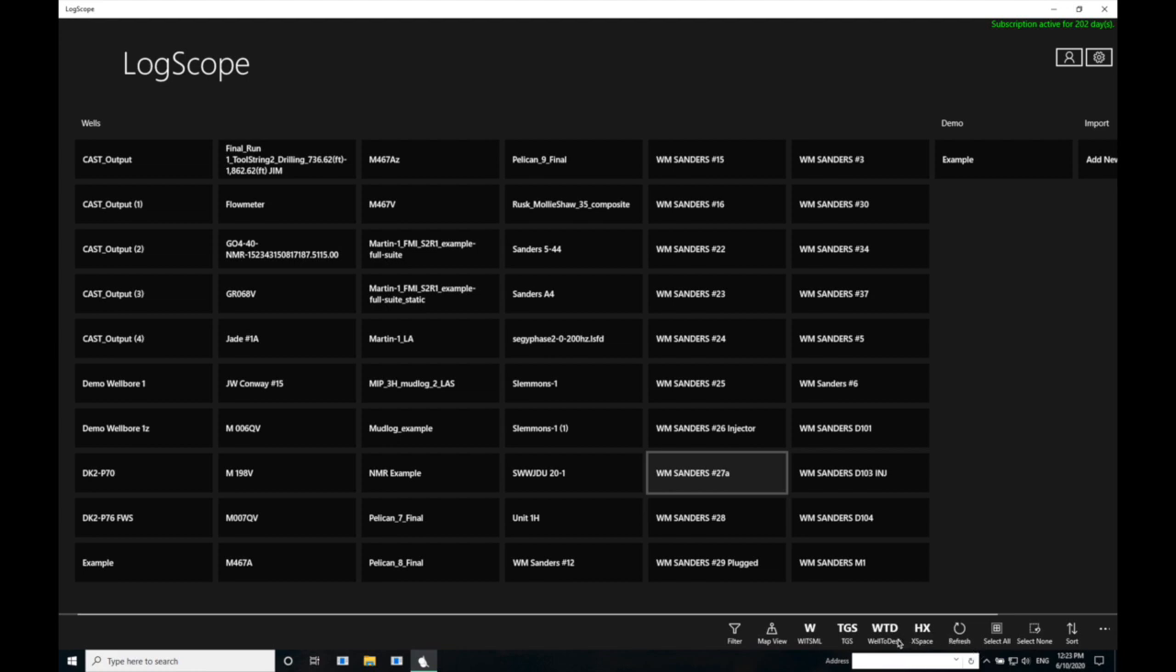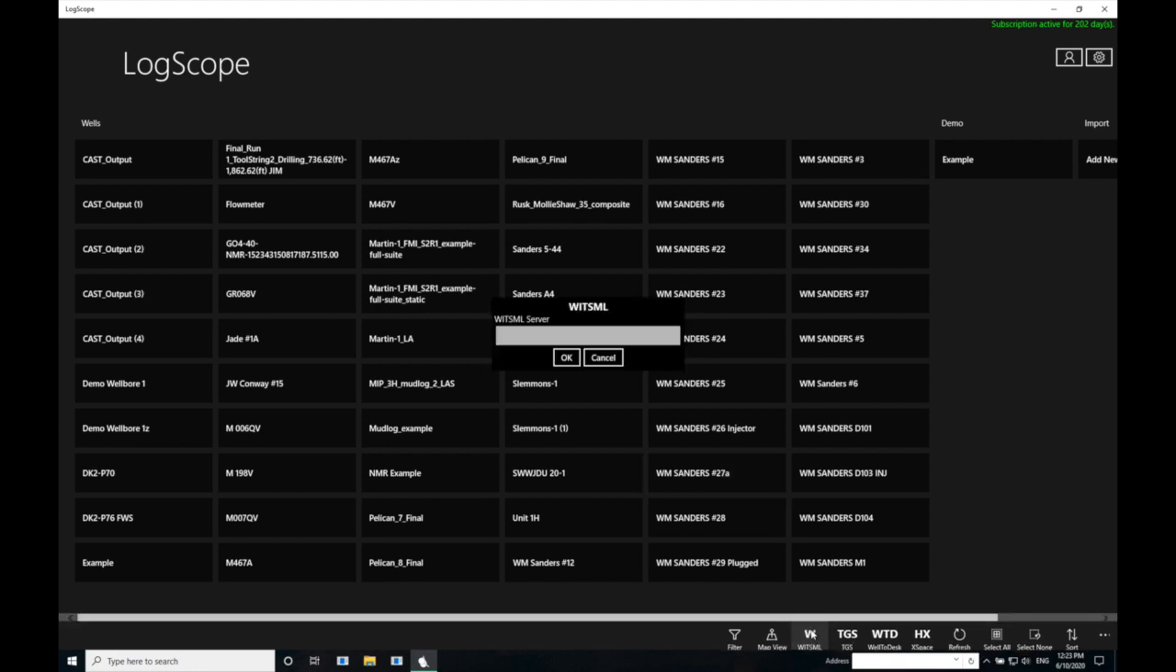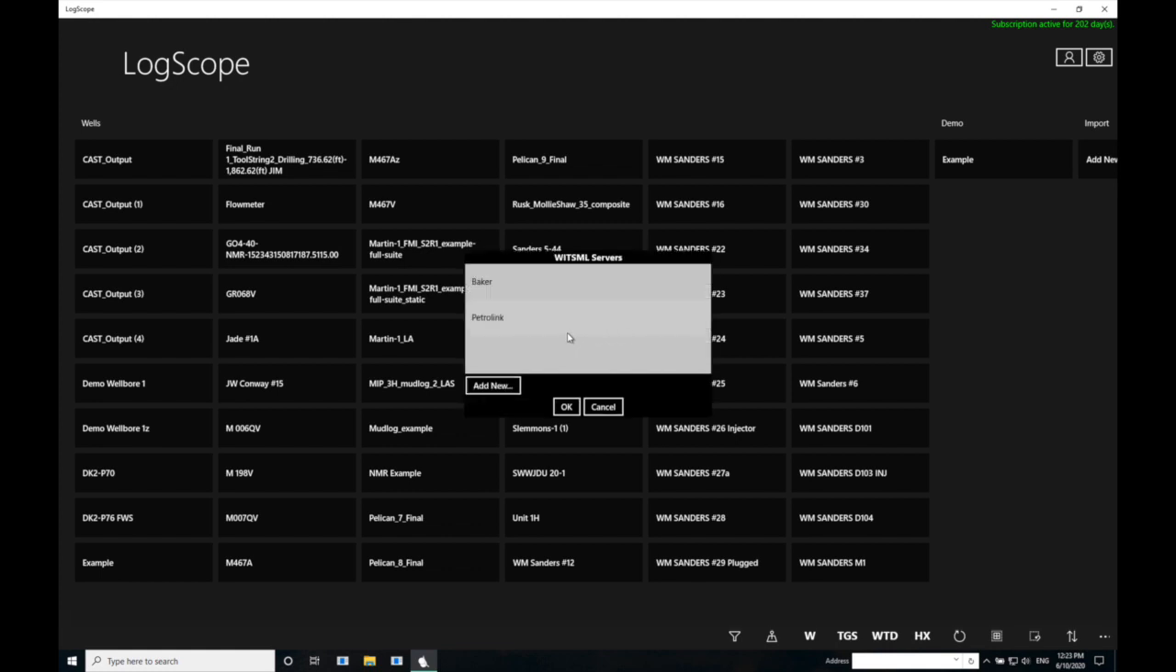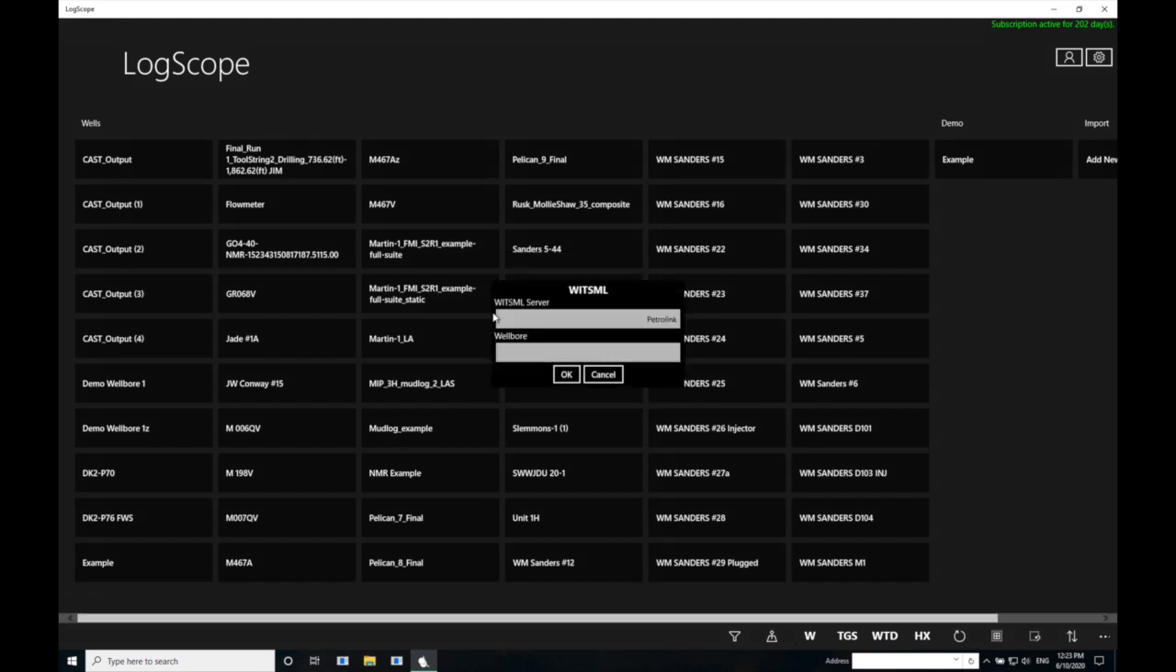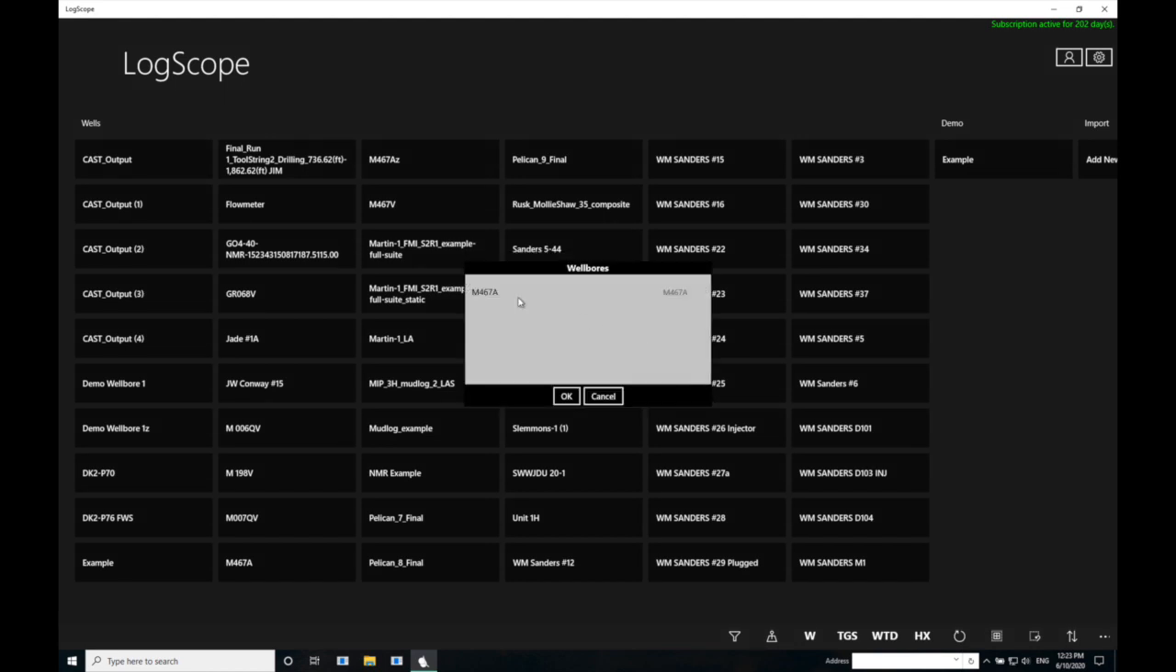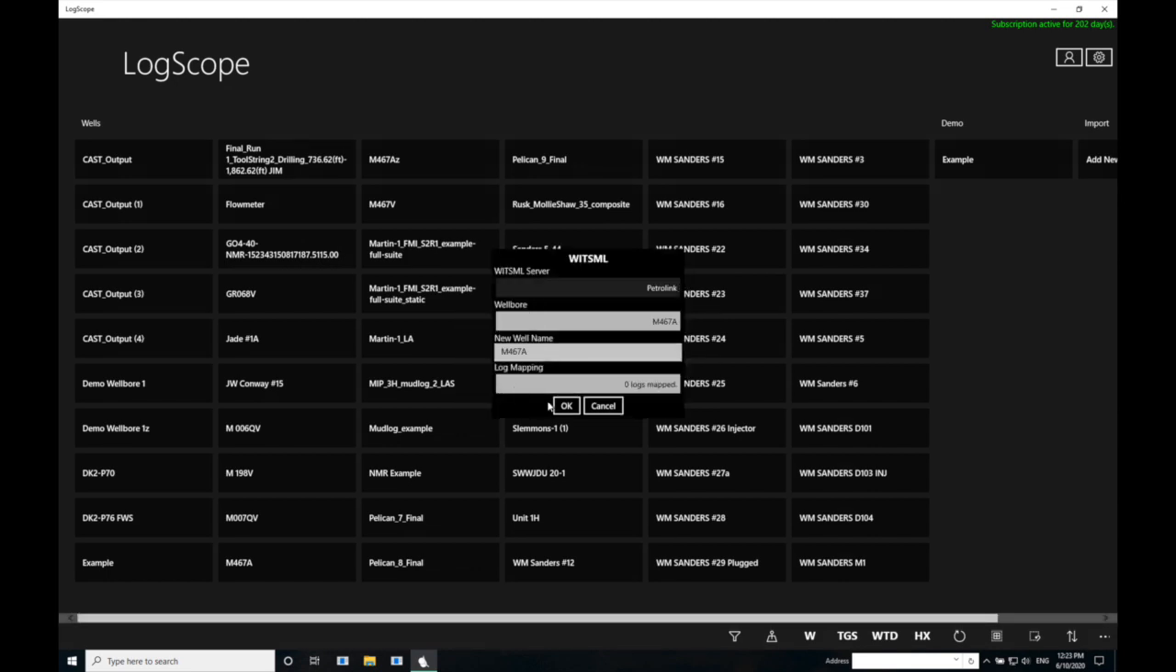In this video, we're going to show you how to use Petrolink to pull in data. So first of all, we select XML, which is bottom right of the screen, and then we select Petrolink, and then we go through and we select the wellbore, and then we need to select the wellbore again because of the sub wellbore, and then we need to load